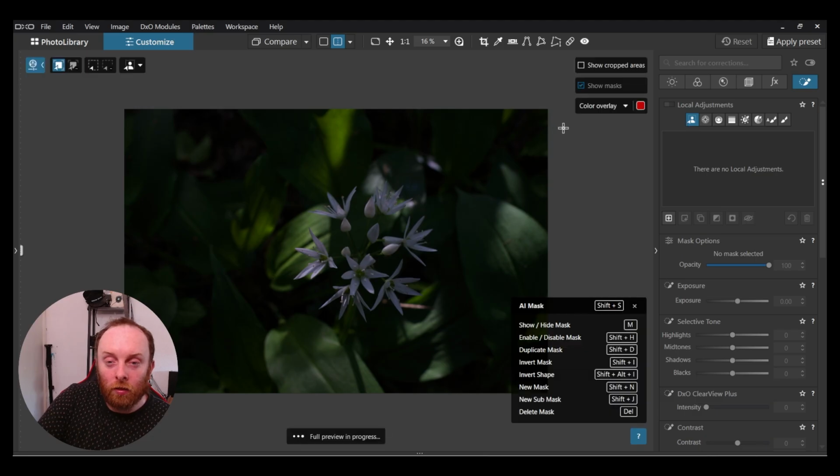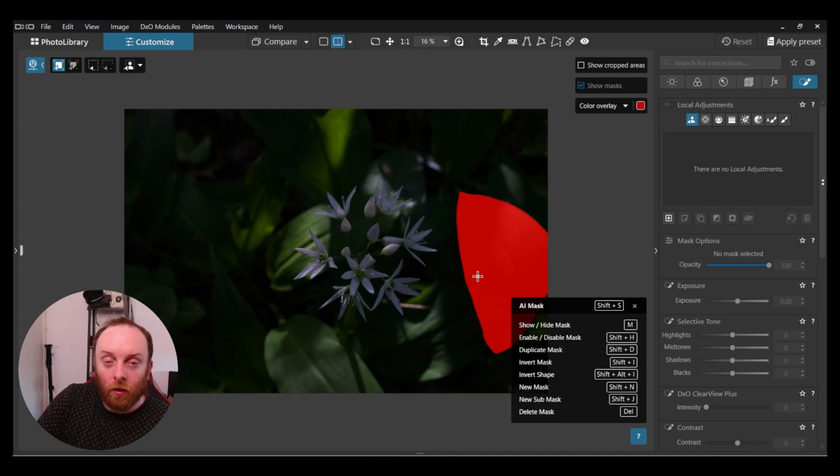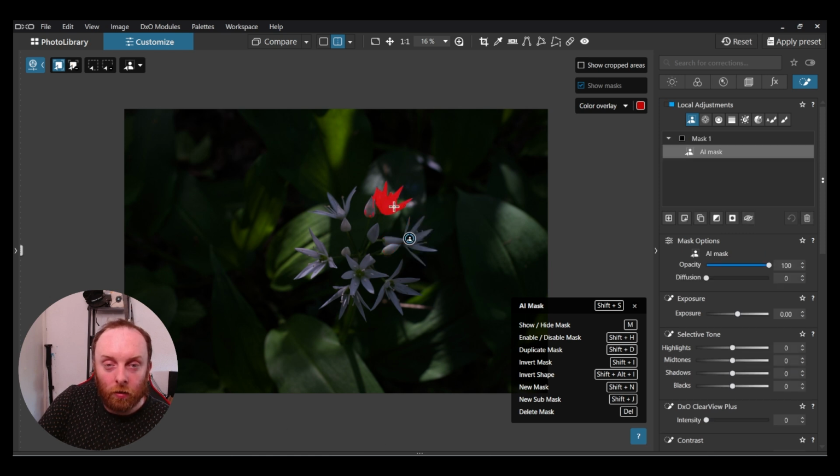So if I do this, look, this is all dark and also blurry, and it still manages to find individual leaves in the background. So I think that's quite impressive. But yeah, my intention here is to emphasize these flowers, so I'm going to click on them to add them,